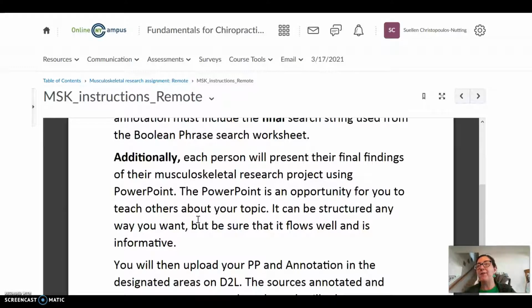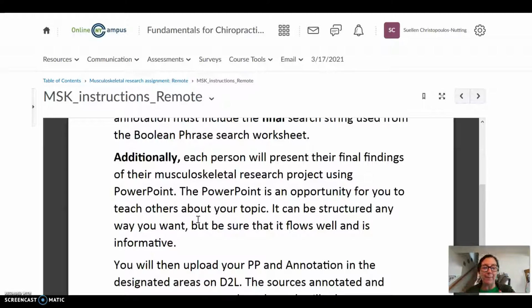So there are some students that follow the annotation and they present the conservative care and the allopathic care and the philosophy and history, and so on and so forth. And that's fine if that's what you want to do, if you want to follow your annotation. But then I have other students that found all this other cool information that might not necessarily fit into those areas, but they want to share that information with me and with others in the class, and that's fine too.